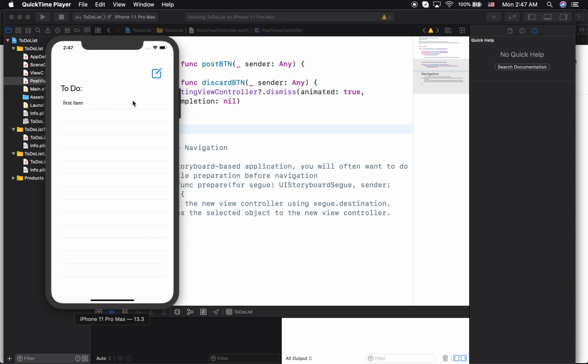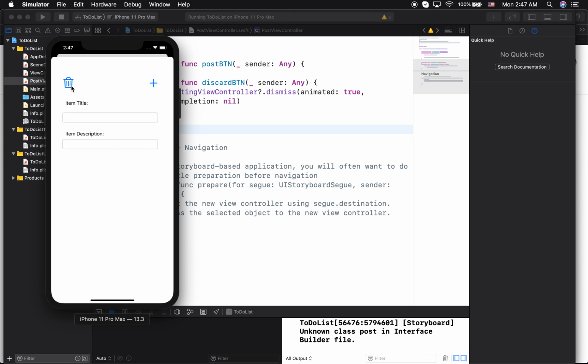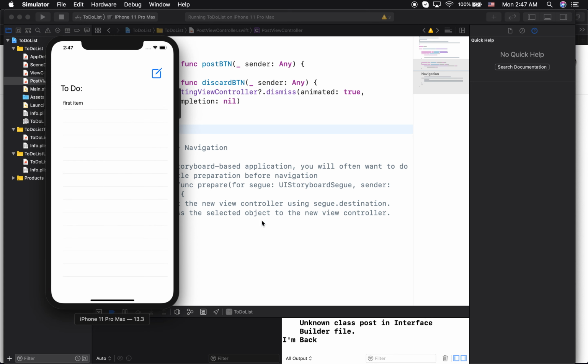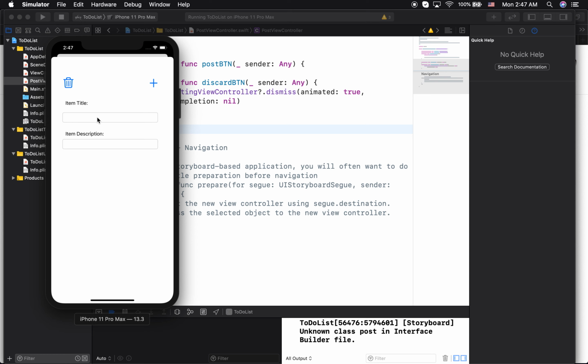In the previous video, we created this UI and we made sure that everything in here works. And if I click on this, it is going to tell me that I'm back. So now I need to post the data from those text boxes into my table. Now, you see that my table has only one array that it's pulling from, so let's make them